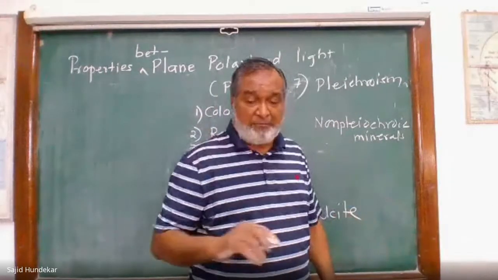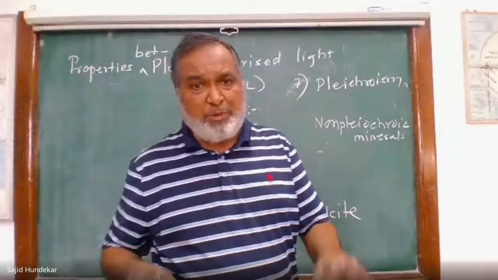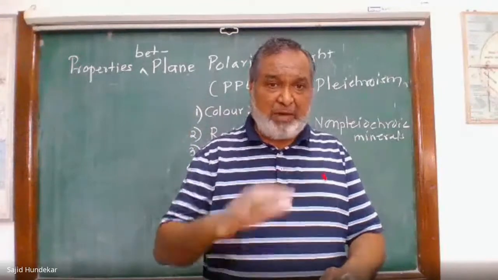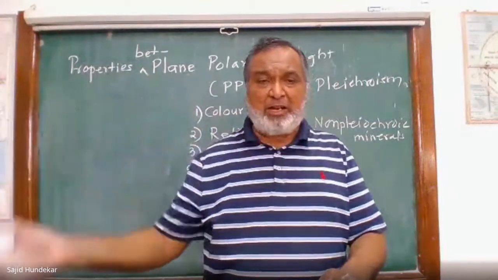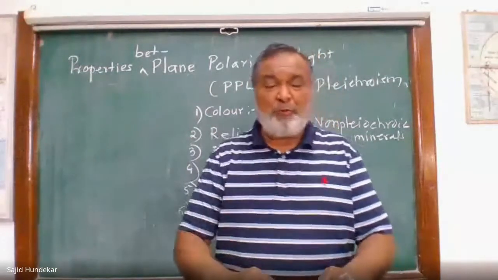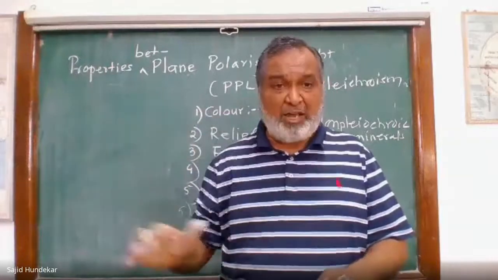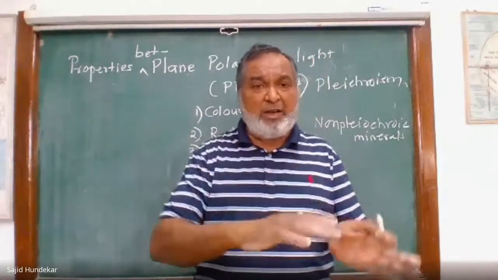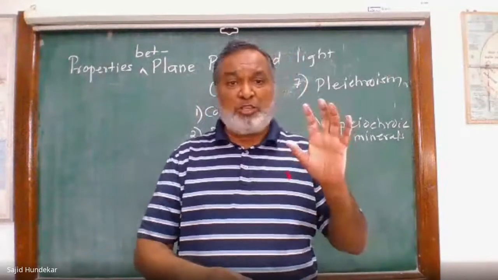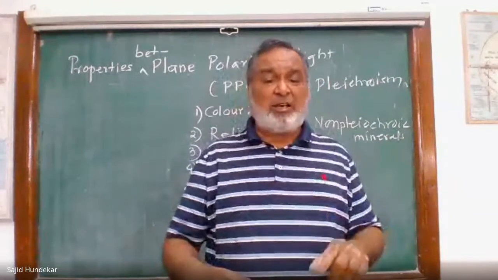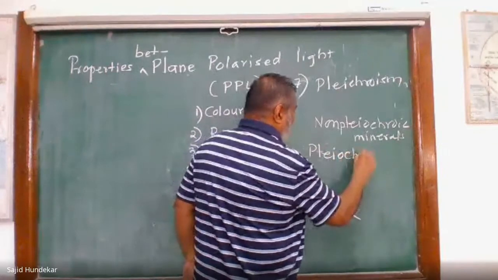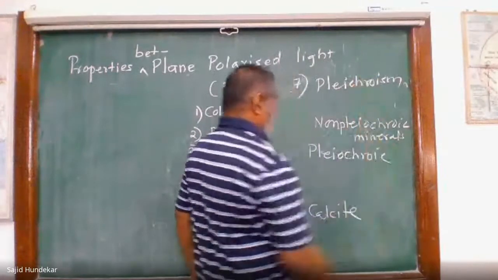But the colored ones, like green or yellow, when you start rotating, will show a change in color. They might show light green to dark green, light yellow to dark yellow. And there is one mineral which shows green to pink, light green to light pink. So from one color, the color will change into another one. Based on that, those colored minerals show changes in their color. These minerals are called pleochroic minerals, and the property is called pleochroism.